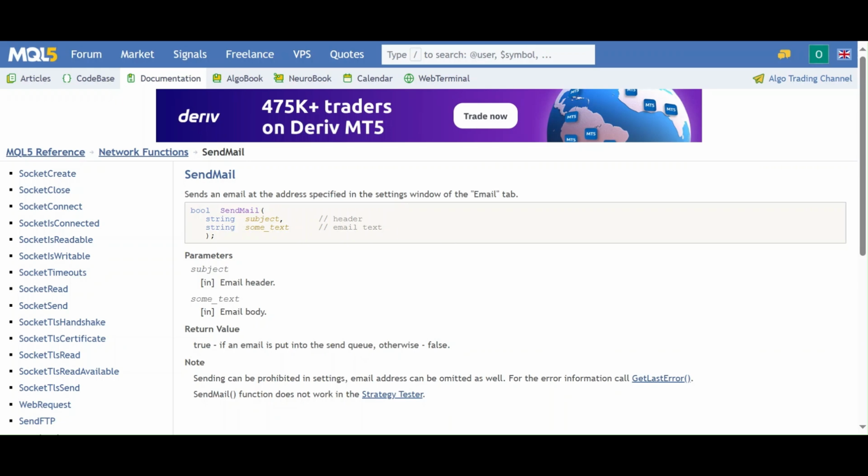Now this is going to be a quick video on how to send an email in MQL5. Without further ado, let's get started. For this, I'm going to be using the SendMail method. And as you can see, it sends an email at the specified address in the settings window of the email